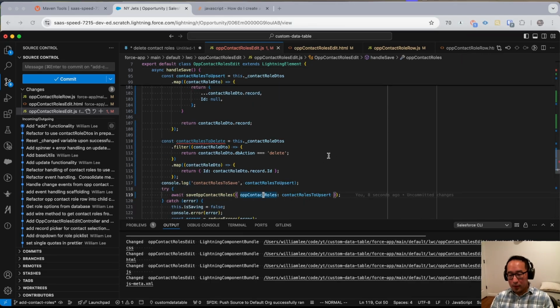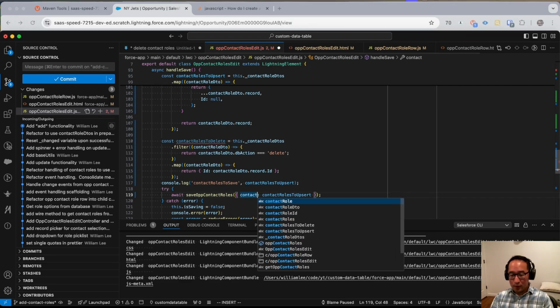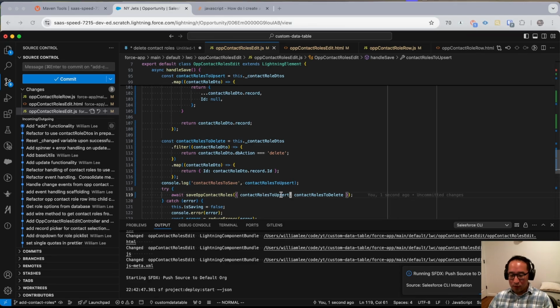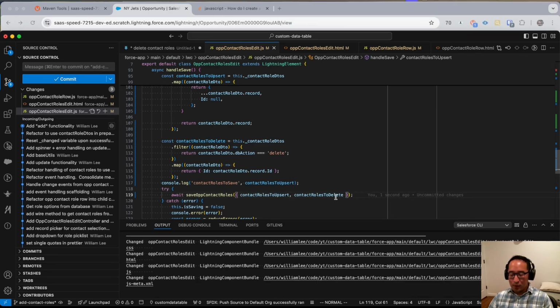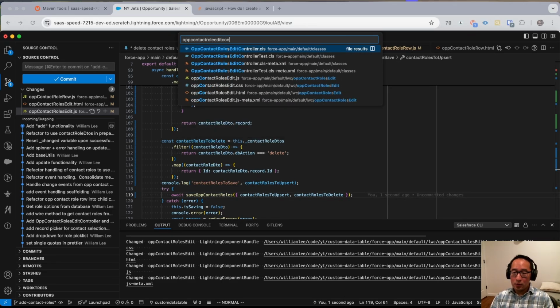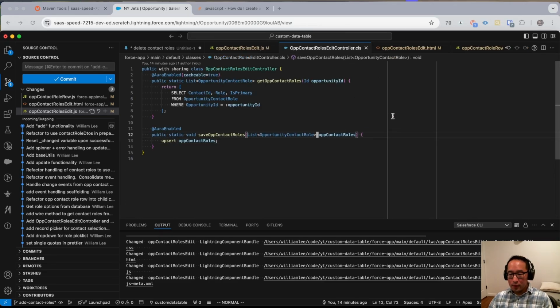And so this should just be consistent. Insert contact roles to delete. And if the names of these are the same, then we could just shorthand it like this. So this is shorthand for just repeating the attribute and the variable, if it's a variable value. And so within my op contact role edit controller, I could say contact roles to upsert, and then also contact roles to delete,